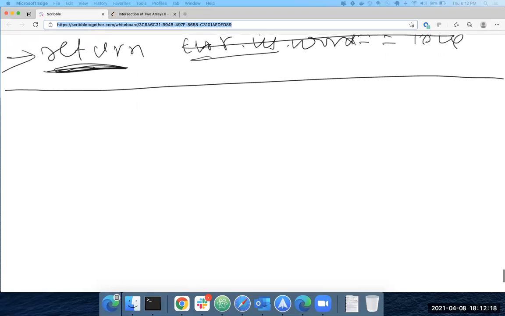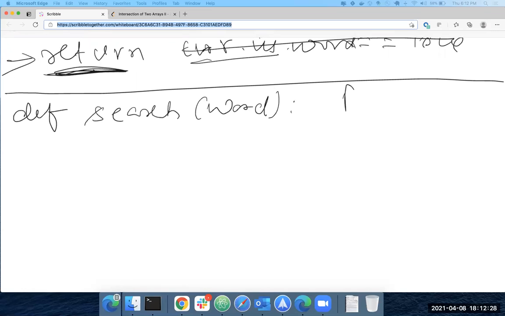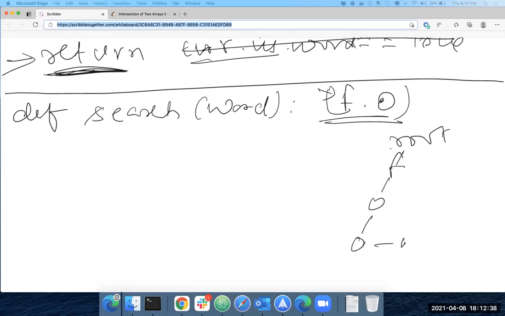Yeah. So now we are back to that question, dictionary lookup. Okay, Devin? So now what will you do? Basically we are checking for what? What is going to change? Your def search is going to change. Now if you're looking for f dot dot, or let's say f dot o, you got foo. Let's say you're standing at root. You went to this, you went here, you went here, and let's say you marked this as is word true. You came here, you found f. You're looking for dot. Now what?